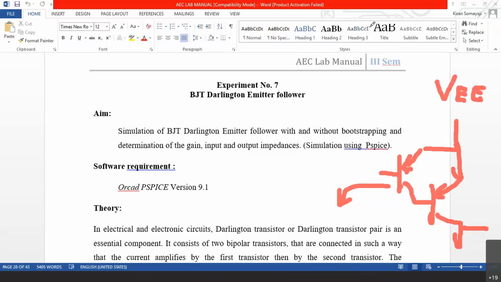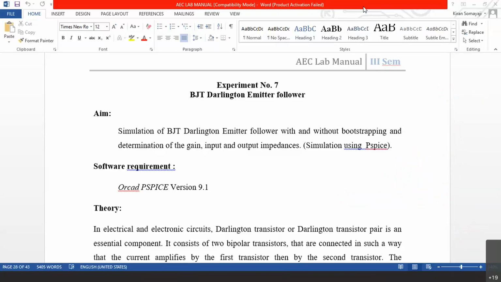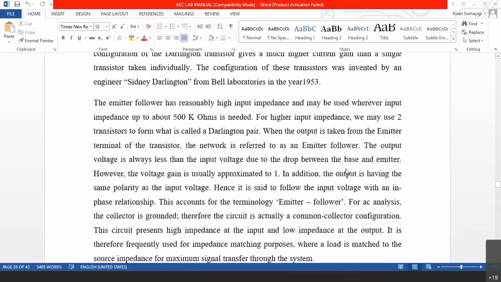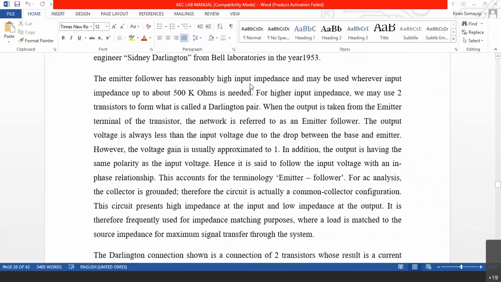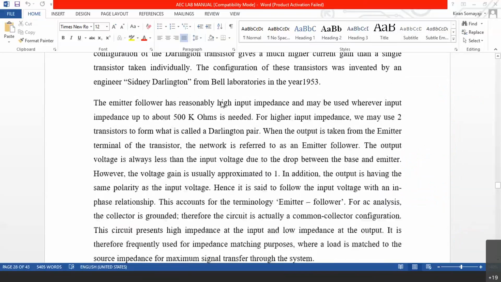So I just showed you how NPN and PNP both can be connected so as to have a current gain. Now the emitter follower has reasonably high input impedance and may be used wherever input impedance up to about 500 kilo ohms is needed. We have already worked out through theory classes also, and even in the lab classes we